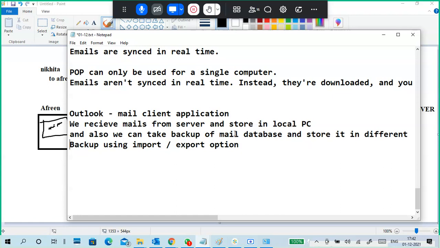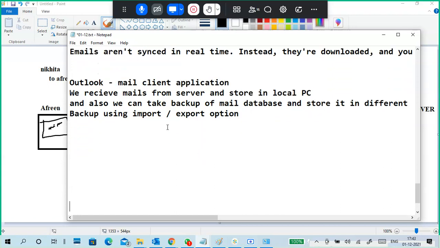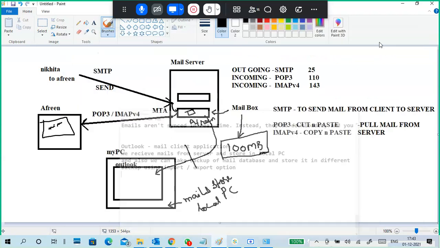Whenever you want, or maybe if you leave the organization, your mails are safe with you, so you can check any of your organization-related mail. But don't do that. Generally you have to leave the laptop and any storage with the organization, so you cannot take those things with you. So this is the very simple part of Outlook.